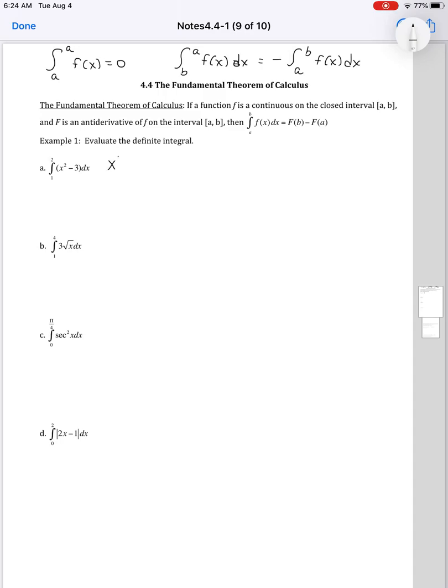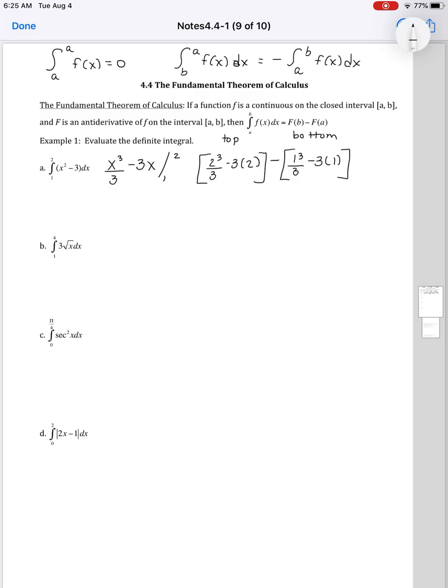So again, what we're going to be doing is evaluating the integral. In the past, all we did was integrate. So if we saw x squared minus 3, we would say x to the third over 3 minus 3x, and we'd put a plus c on it, and we'd be done. But now, because there's numbers on the integral, this is a definite integral, we're going to be evaluating from 1 to 2. And the way that you evaluate is you take the top number, 2, and you sub it in everywhere you see an x,